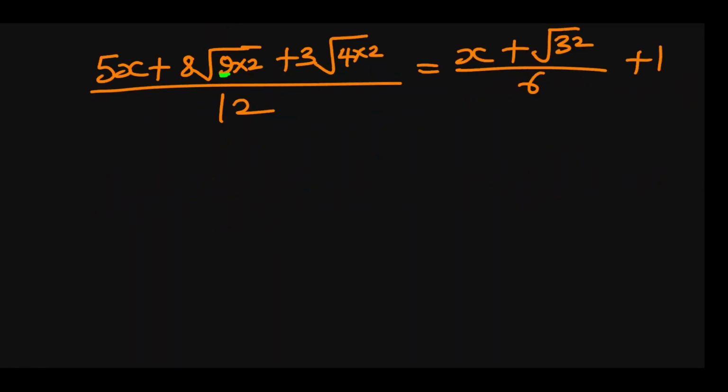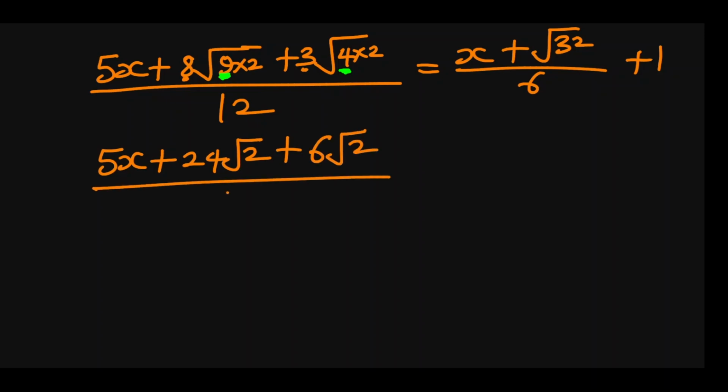As we did previously, we know that root 9 is 3 and root 4 is 2. So we pull them out of the root and we have root 2 left in each of those terms. So this gives us 5x plus this 8 times the 3 that comes out gives us 24 root 2, plus this 3 times the 2 that comes out gives us 6 root 2, over 12 is equal to x plus, we know that 32